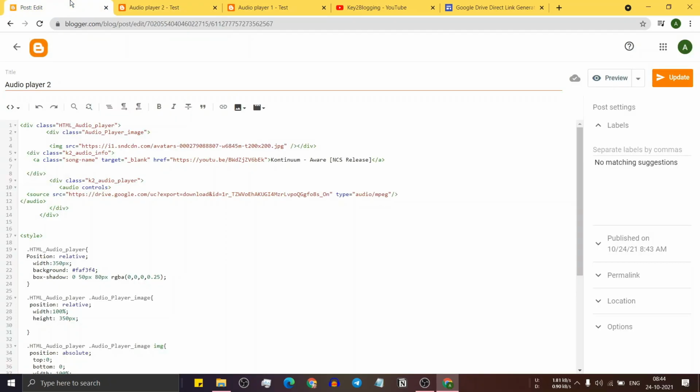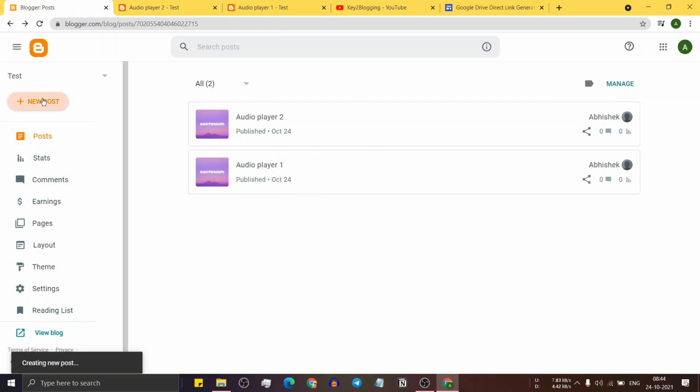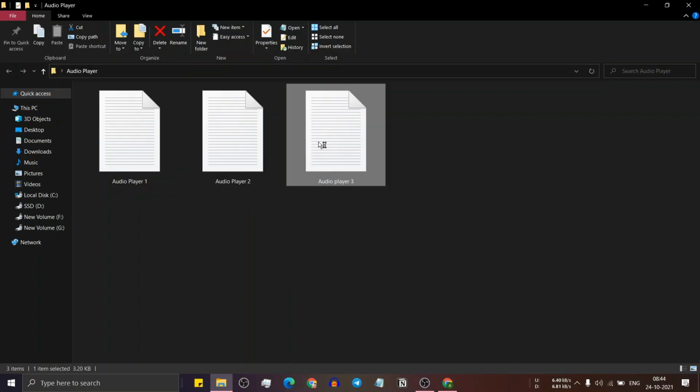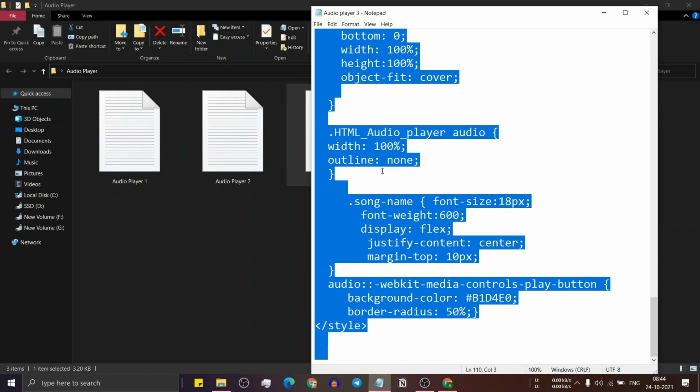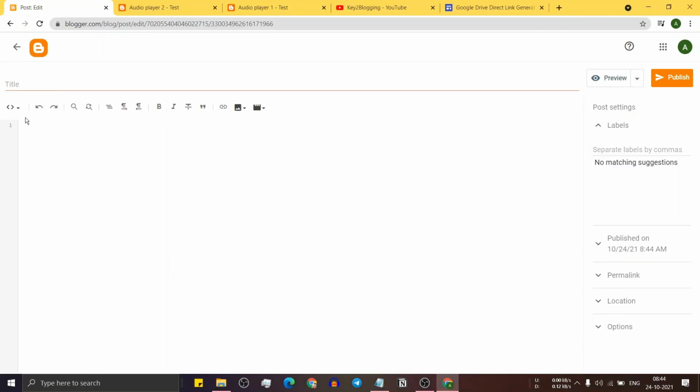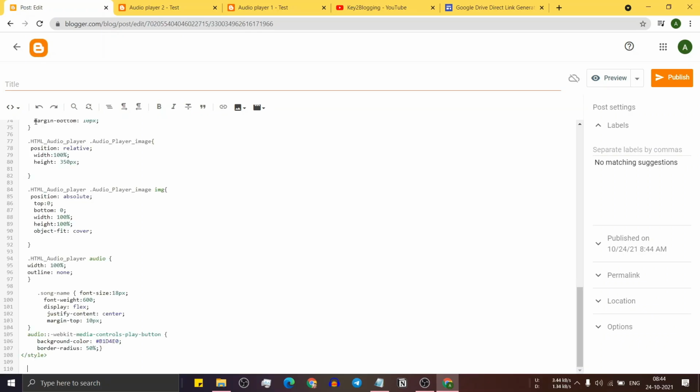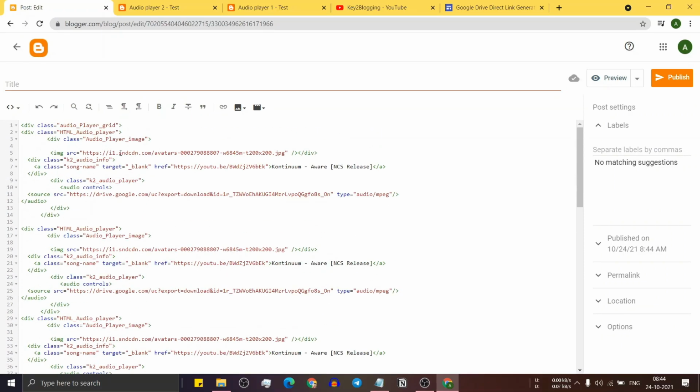Now let's check how we can add the third audio player. So for this, click on new post and let me just copy the audio player 3 code, and here in the HTML view section paste the code. So this is a grid audio player, so you can add multiple audio files and multiple images in this grid. So let me just name it audio grid, and here you can change the image URL and then the audio file name, and then you have to add the audio source URL. So let me just publish this